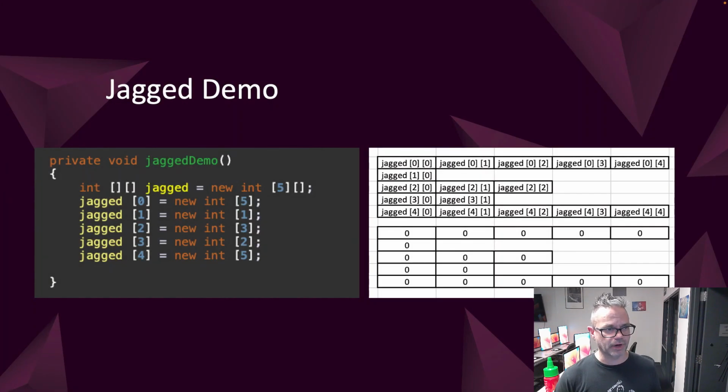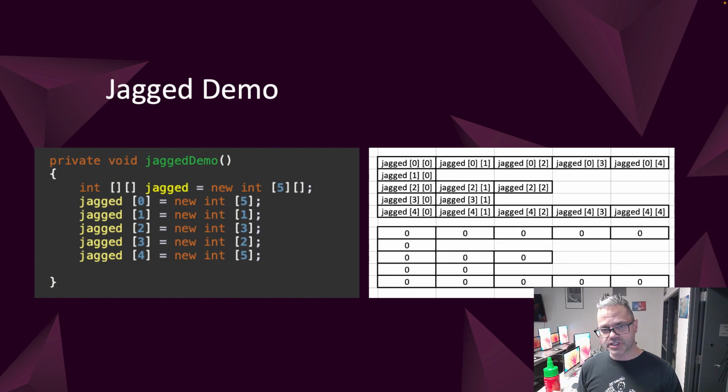And so we can see an example right here. So you have a private jagged demo right here. So I have int 2D array jagged as a new int of 5, and then nothing right there. I can't normally do empty square brackets on that because that's not the way it works. And then jagged sub 0 is assigned a new int array of 5. Sub 1 is assigned a new int array of 1. Jagged 2 is assigned a new int array of 3. Jagged 3 is assigned a new int array of 2. And jagged 4 is a new int array of 5,